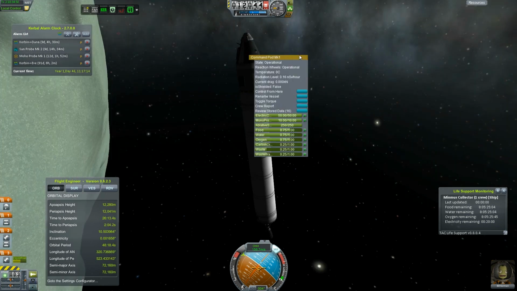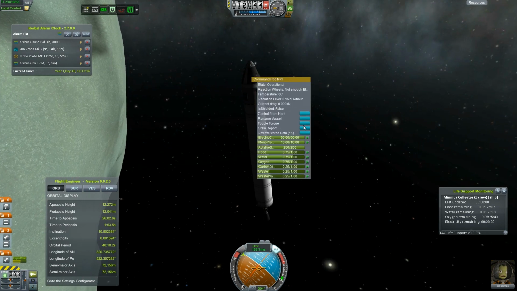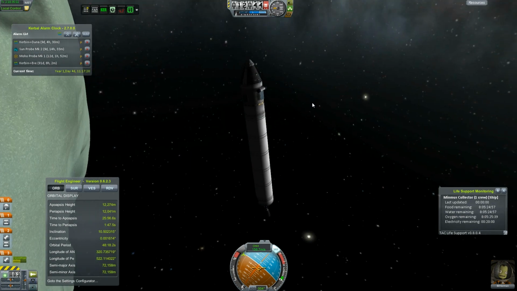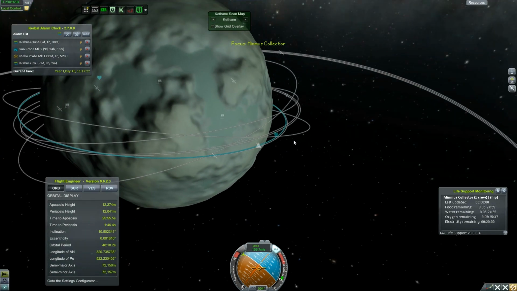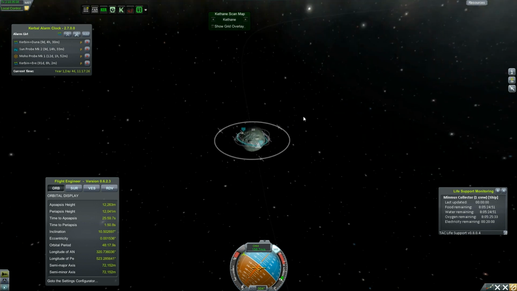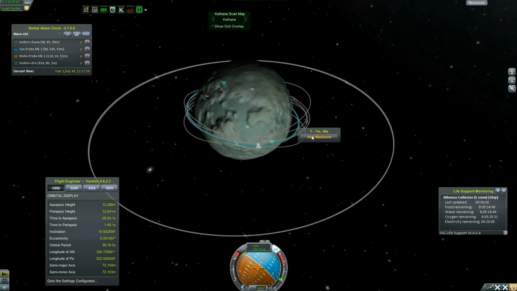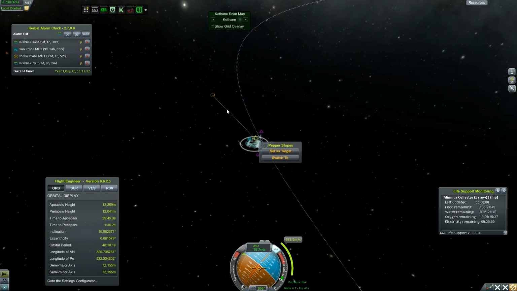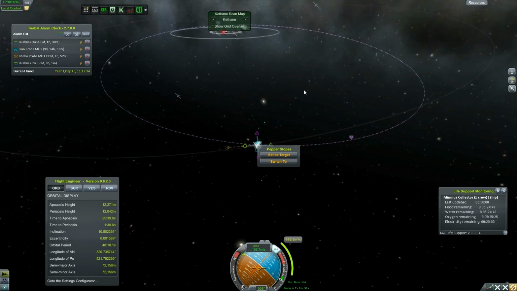The thermometer back here. Can I do a crew report? I've already done one. And I probably have already done an EVA report. So we are going to head back home. And the best way I know how to do that is to exit towards that direction over there. So we're going to do this. Do one of these. And pull in our...